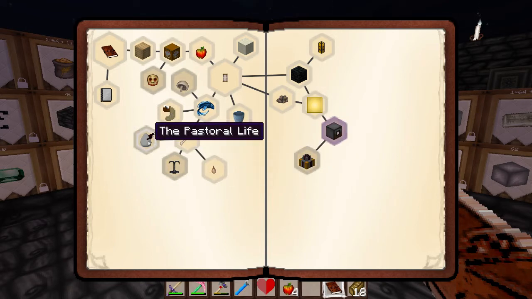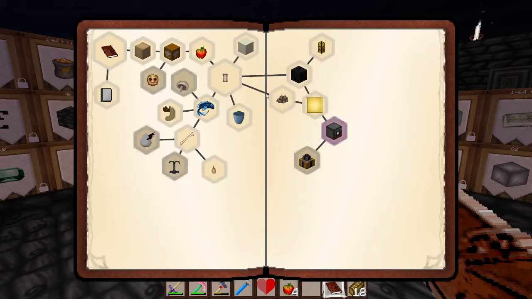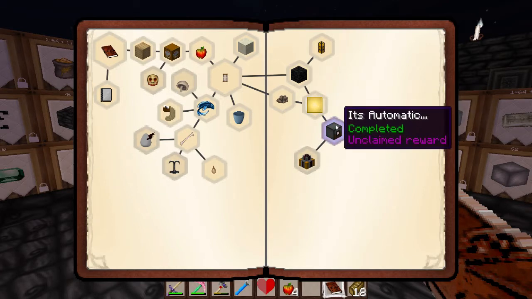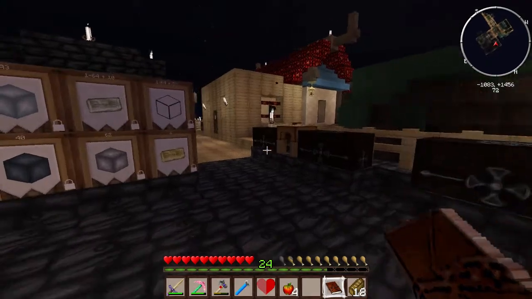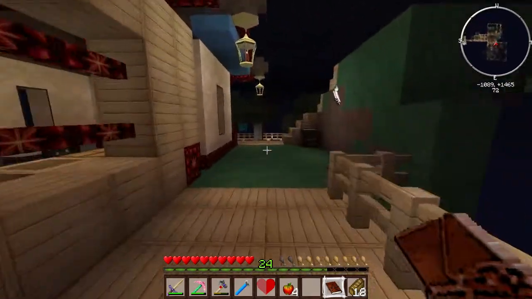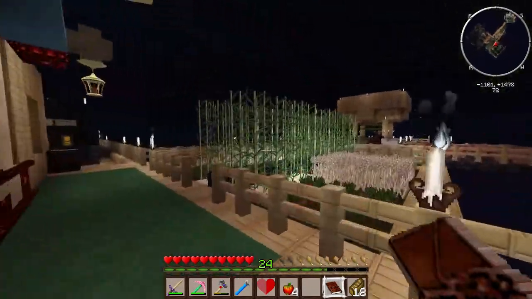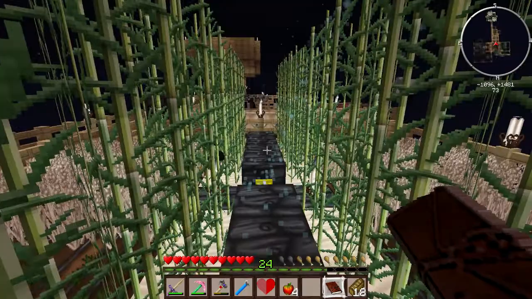Right, so these are completed, but I've obviously received the rewards already. There we go. Right. Vacuum hopper, autonomous activator, and aqueous accumulator. Yes, I made an aqueous accumulator. I don't know if I showed you this last time. I'm not sure I did. I made an aqueous accumulator, and I put a sprinkler on top, as it suggested, and it's here in my